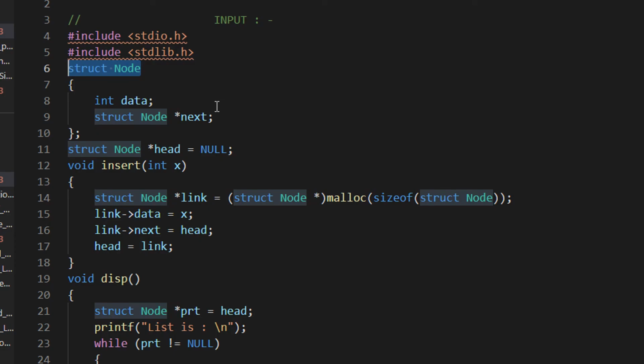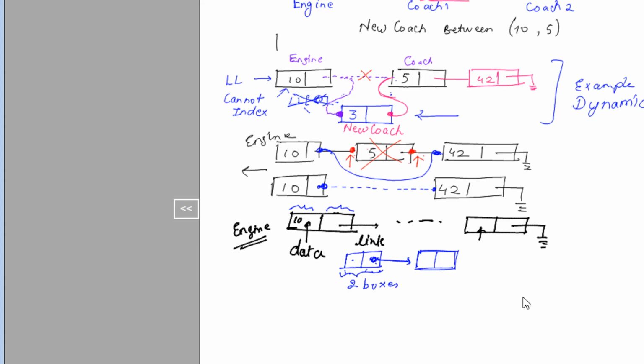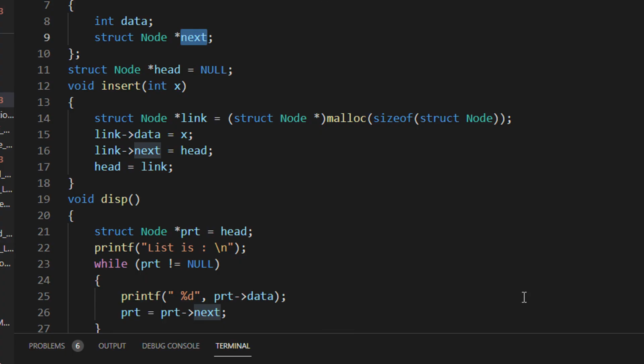Basically we have data and something called next, right? Usually we use the term next because this link points to the next element of the linked list. Similarly, when we create a node, we will have something of this sort, right?